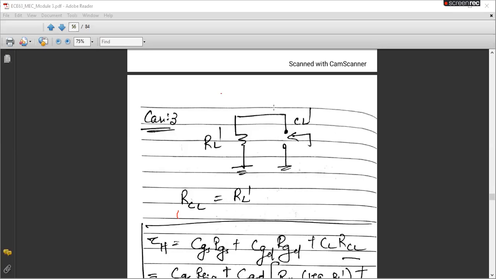So here, do you require any circuit analysis? No, right? With the direct observation itself, you will be able to write RCL. I call it as RCL because the previous two resistances, I named it as RGS and RGD. That is the resistance obtained after looking into the terminals of CGS and CGD respectively. Similarly, I will call this resistance as RCL. That is a resistance that I obtained after looking into the capacitive terminal CL.